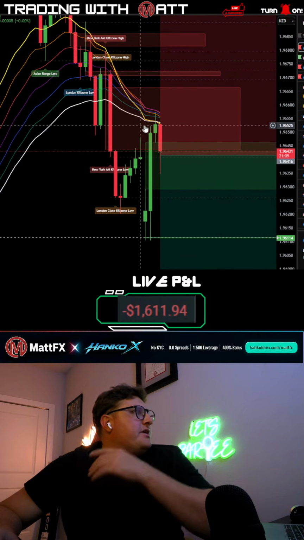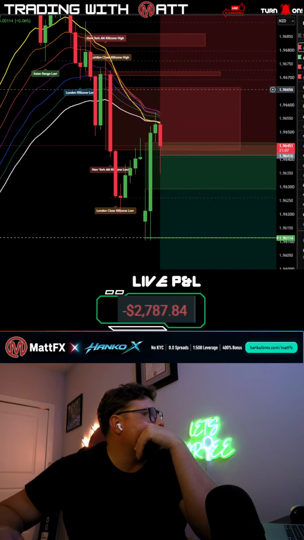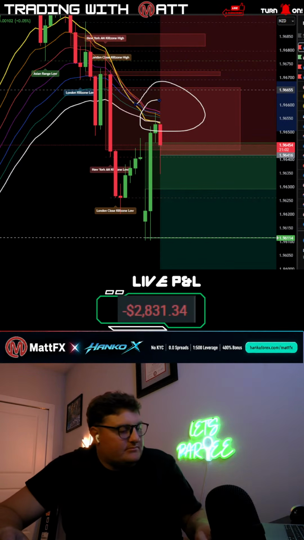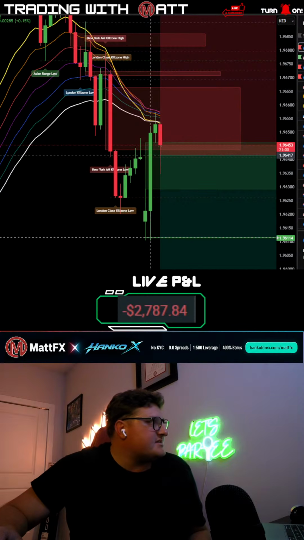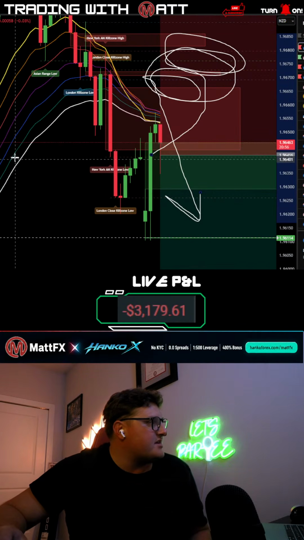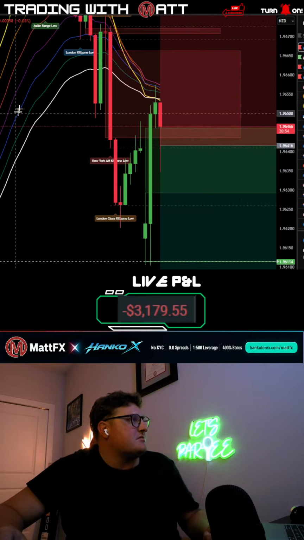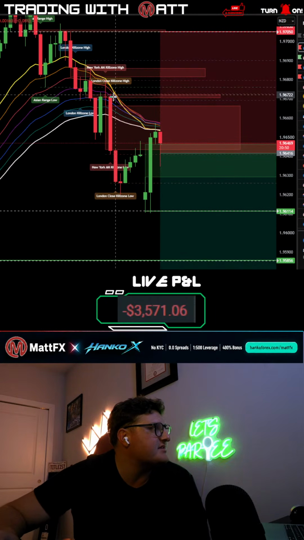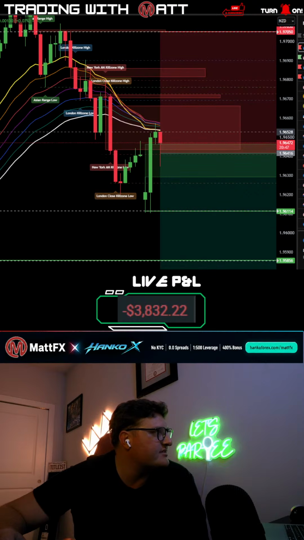I love that 1 hour right there. We got it right at the flip, right at the EMA ribbon flip right here. It's not to say that it won't come up and retest these zones here, but if that's the worst case, then that's the worst case. You know what I mean? That's worst case scenario that it retests these. I still think we're driving down.